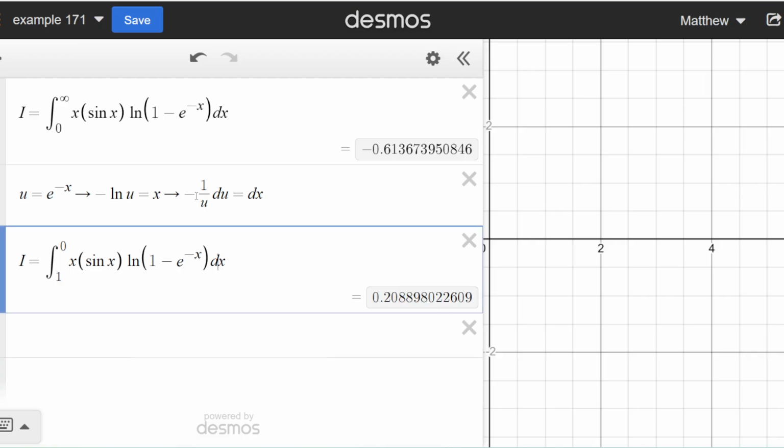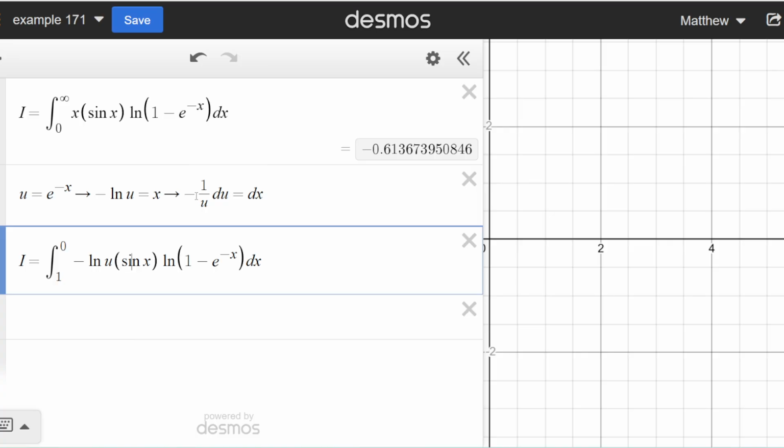All right. So, right here, we have negative natural log u, sine of negative natural log u, and e to the negative x is u, and then we'll have a negative 1 over u